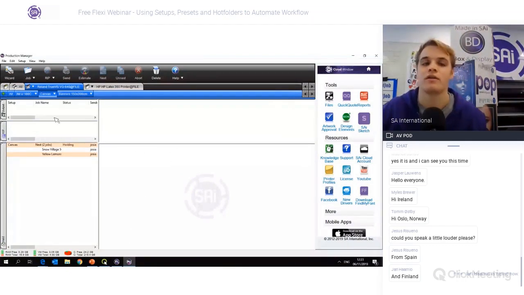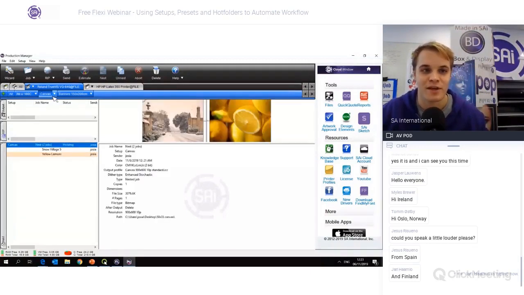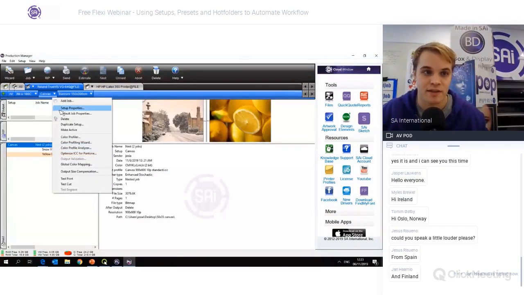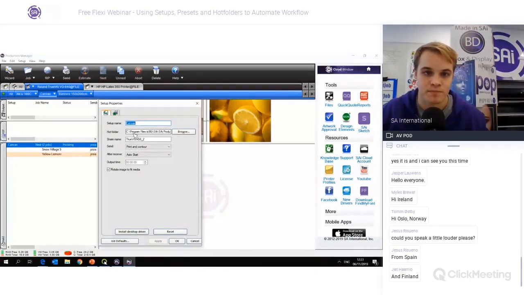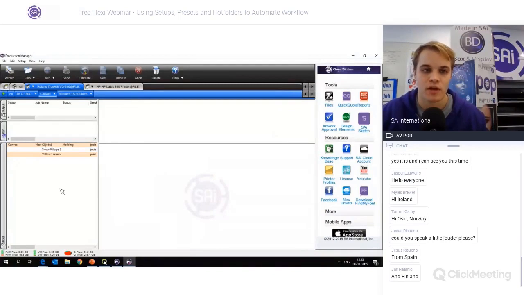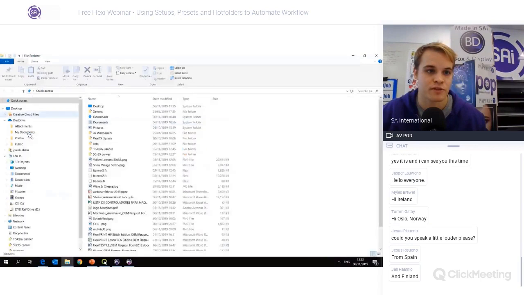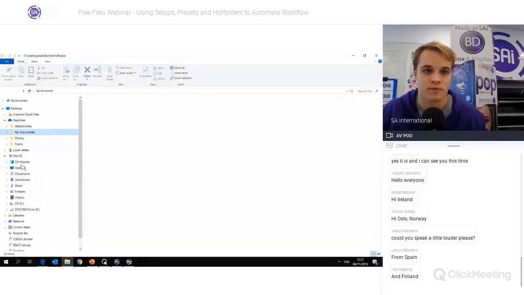Okay, good. So as I was showing in the setup properties, you can assign a different hot folder, which is a folder from which the queue will pull jobs for each different setup. So we're going to show just quickly how we can make a hot folder and how we can put jobs automatically into the queue. So if I open up my file map and I go, for example, to my documents,